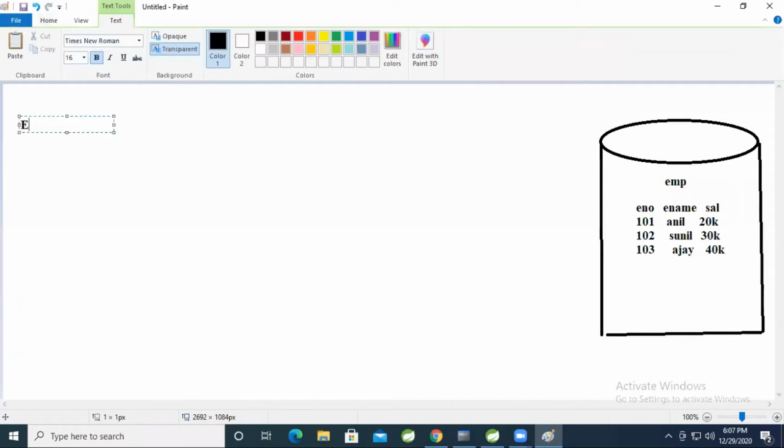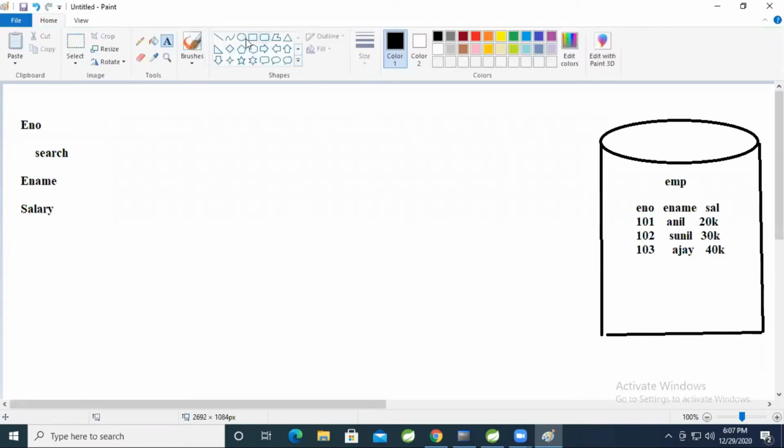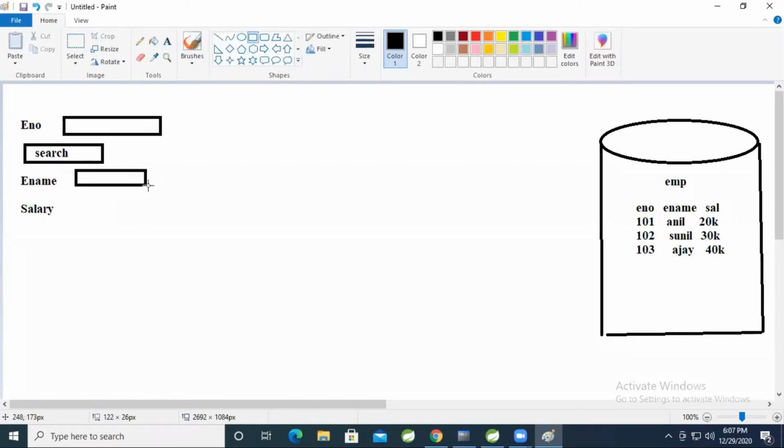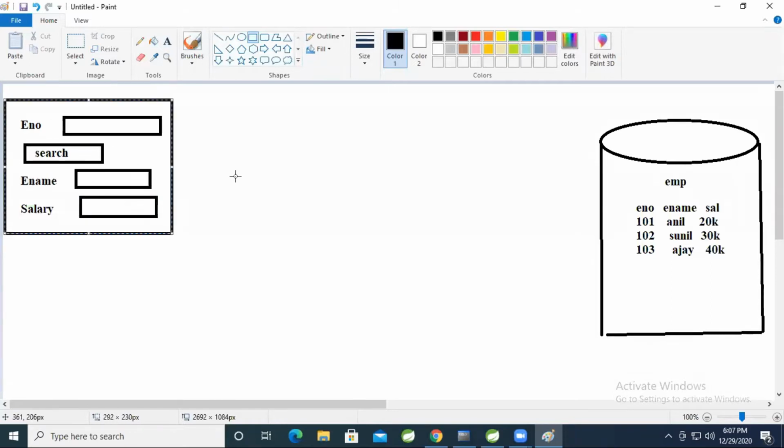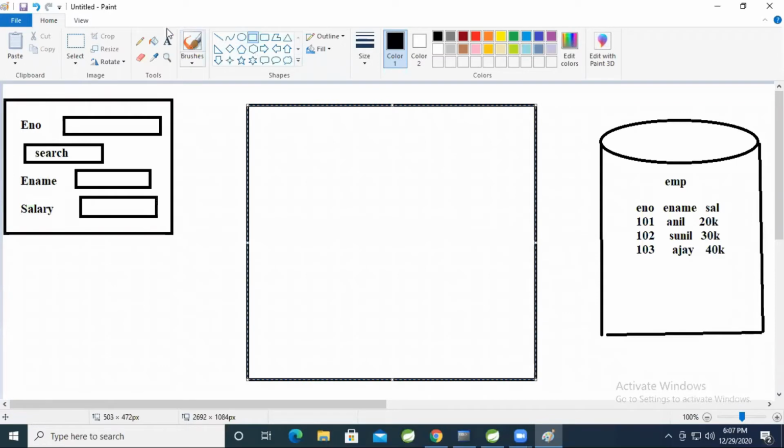For example, I will give one small requirement. Enter employee number. I want to display the employee details. Okay? My requirement is to enter the employee number. Here I have one search button. I want to get the employee name as well as salary. This is my requirement. We'll do this program in JSP, but still for understanding purposes, I have given one requirement like this. So when the user enters the employee number, and this is your server actually.